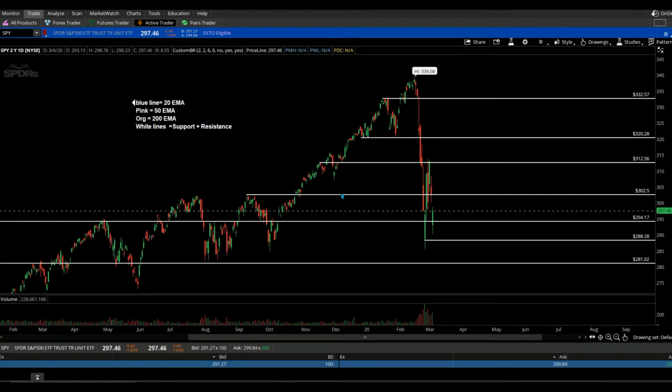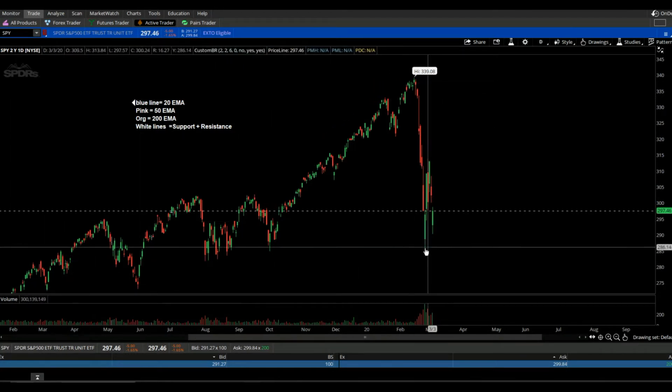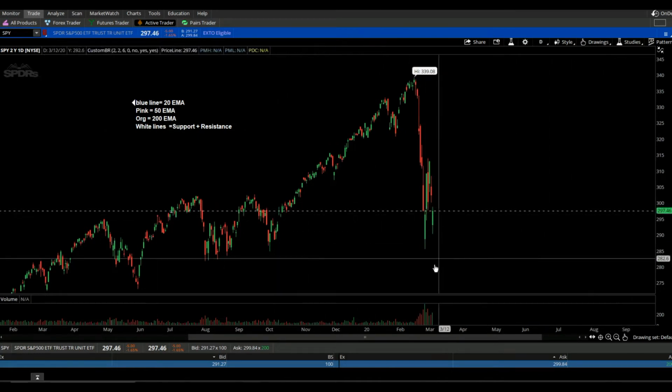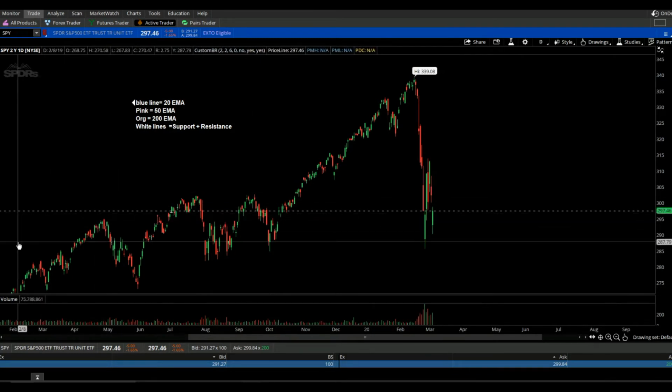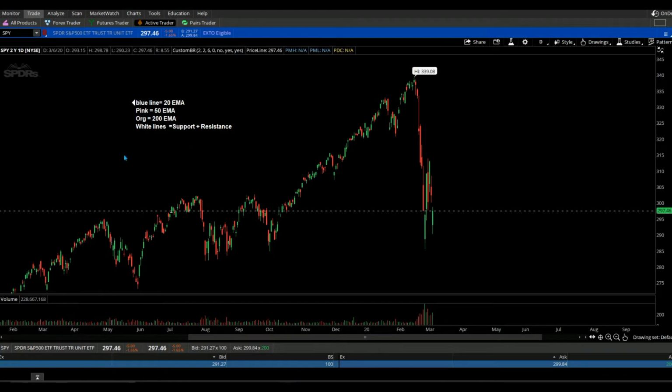So what we can do is let's clean this up. All right, so now we have a regular chart, and this white line is just where the last price action was. It's just a visual to help me figure out where it is so I can see it better, so I don't have to look all the way to the right all the time. So starting from a naked chart, if you're just trying to learn how to place support and resistance lines, we have an area right here,